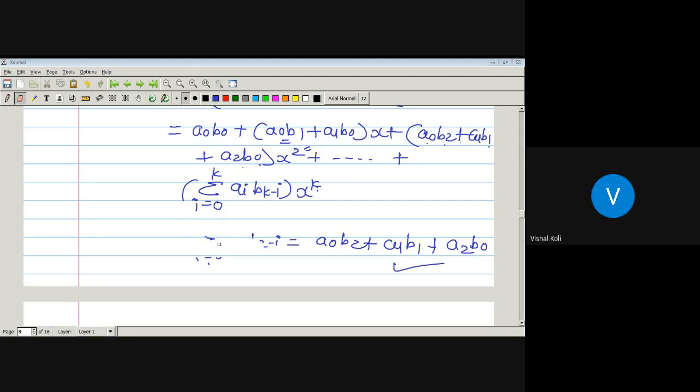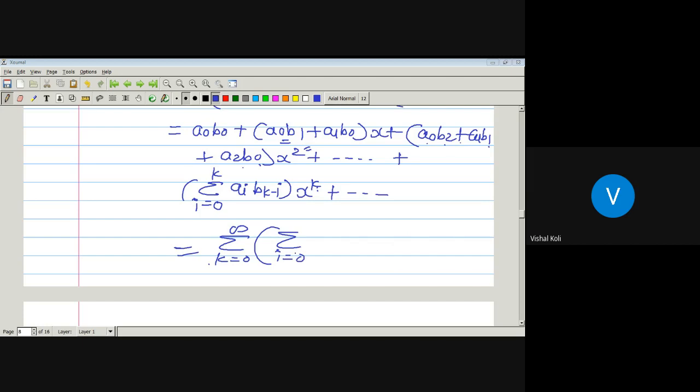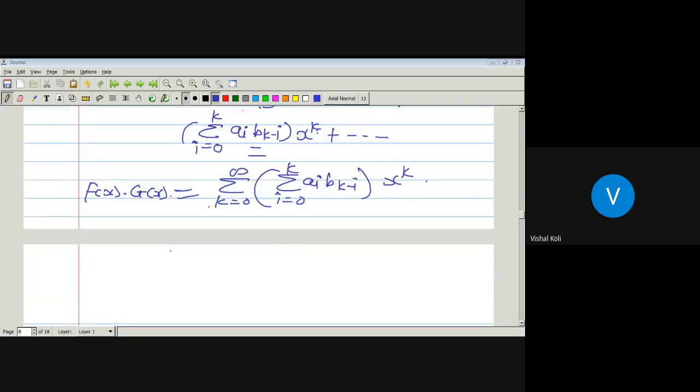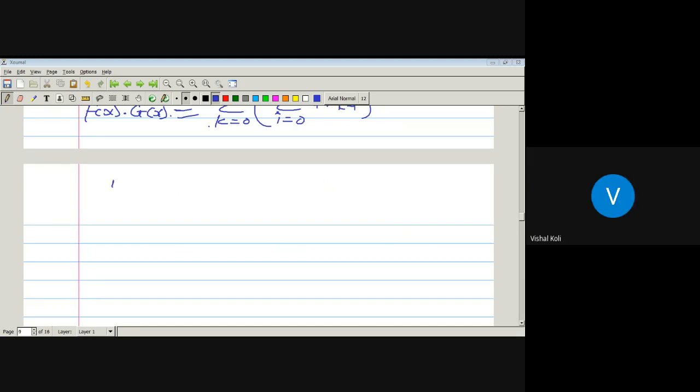So this is the coefficient of x raised to k, and so on. What should this series be? The series is the summation of k running from 0 to infinity, of the summation of i running from 0 to k, since this is the kth general term of the given series, of ai b(k minus i) into x raised to k. So this is nothing but f(x) into g(x). Clear? Yes, sir. So this is the formula